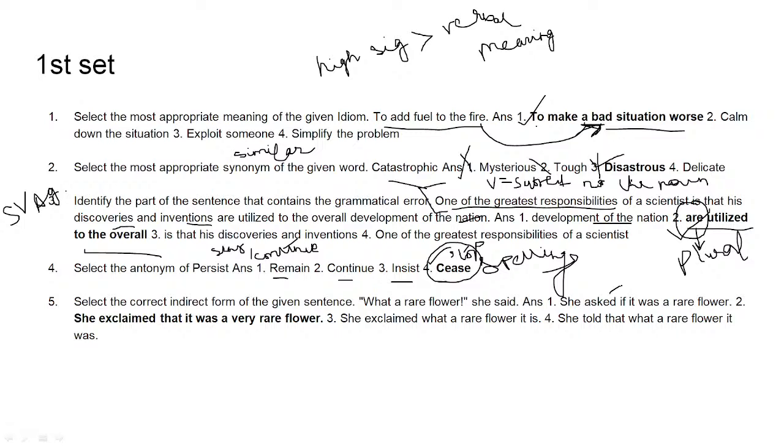Ask means पूछना. Ask means to ask, literally. Question, to ask a question. We usually ask questions. Okay, so that is not happening over here. So this we can't do. This is wrong. Second option is: she exclaimed that it was a very rare flower. Okay, we can keep it and let's compare. Exclaimed भी है, because why? Our exclamation mark is there, so we have to be careful. Exclaimed has to be there, that it was a very rare flower, and the tense also has to be correct. Number 3 is she exclaimed, what a rare flower it is.